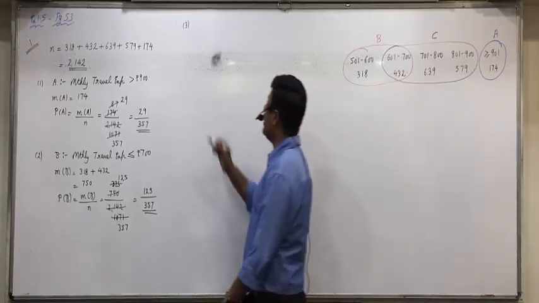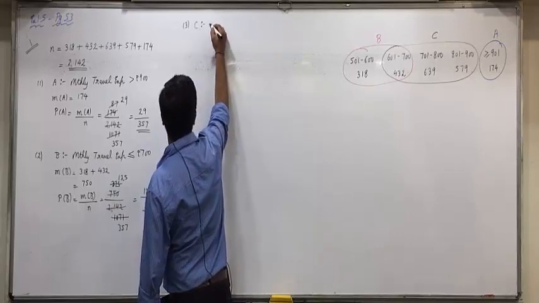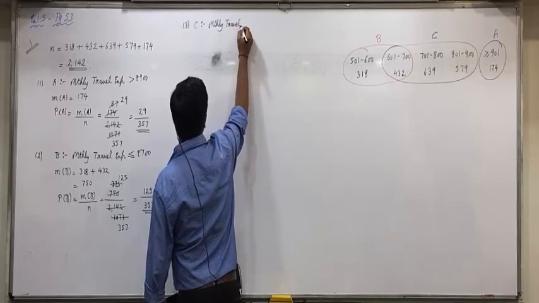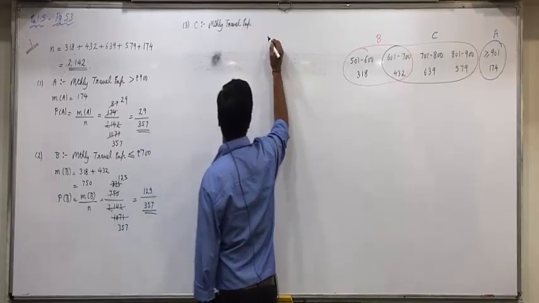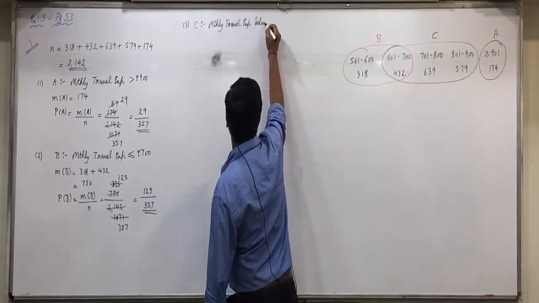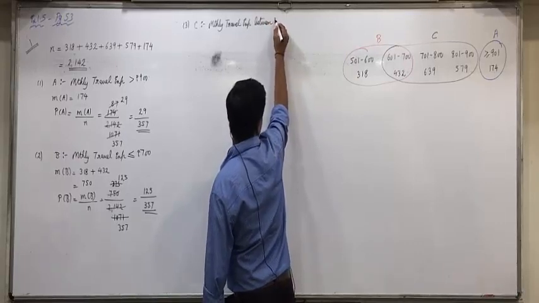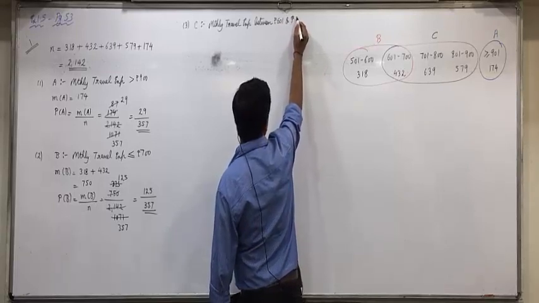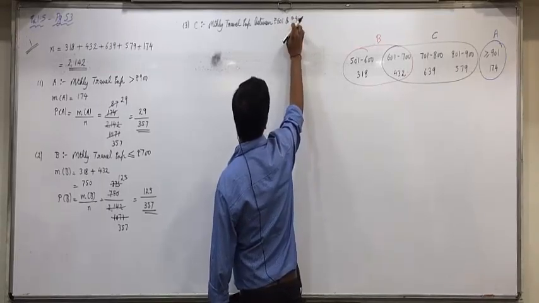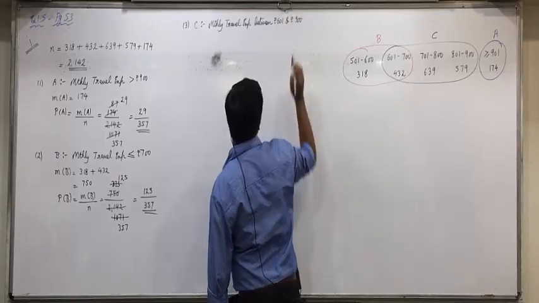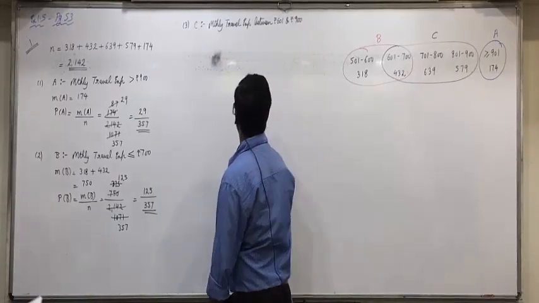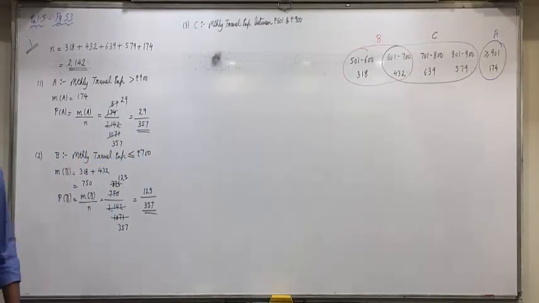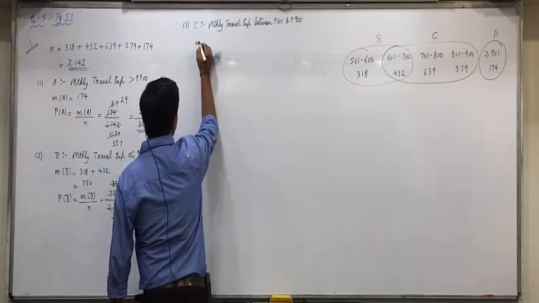Now let event C be the event that monthly travel expense of traveler is between rupees 601 and 900. Between rupees 601 and rupees 900. Okay. So M of event C will be equal to